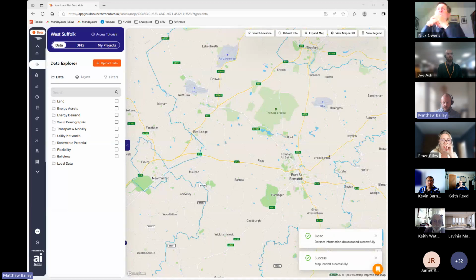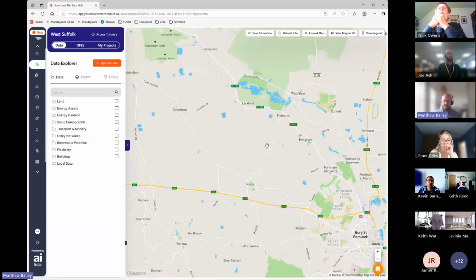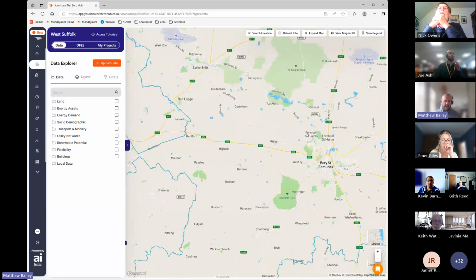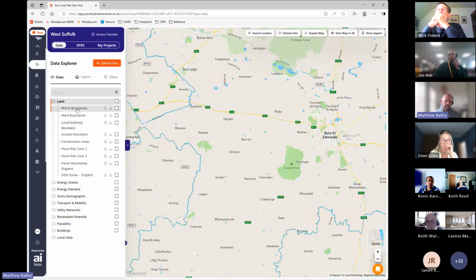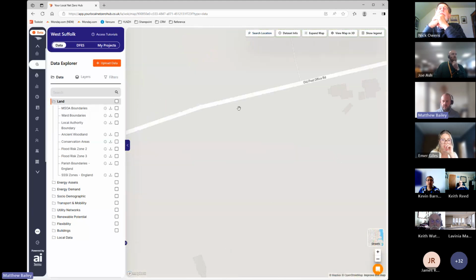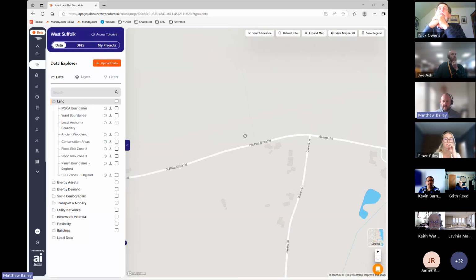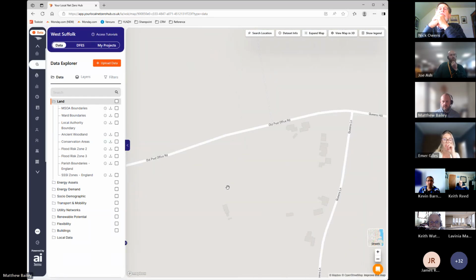It was given. You can just scout around the map as you want to. There is information if you want to segment the land by things like MSOA boundaries and ward boundaries, but for this one, I'll put in the postcode. There we go. So this land here. And then we can have a look at,